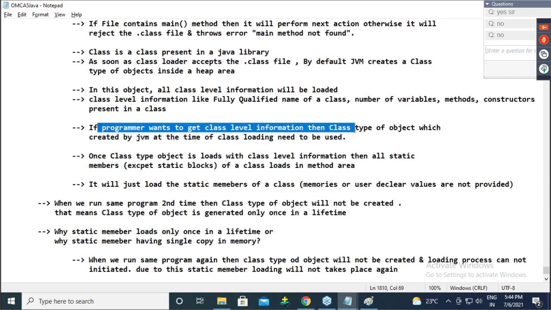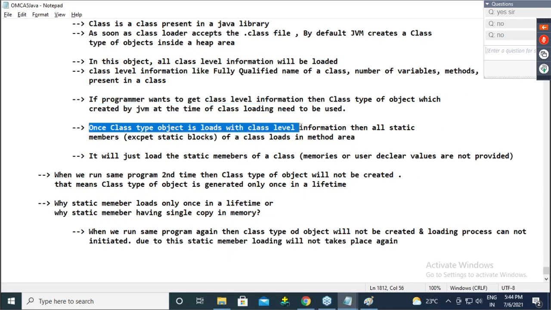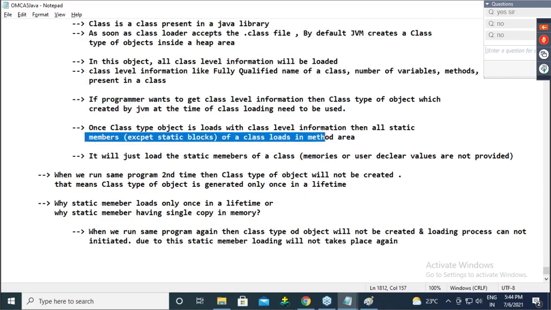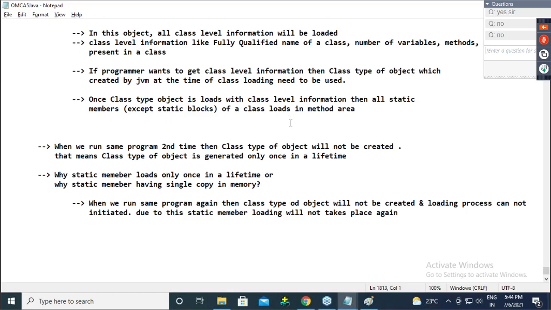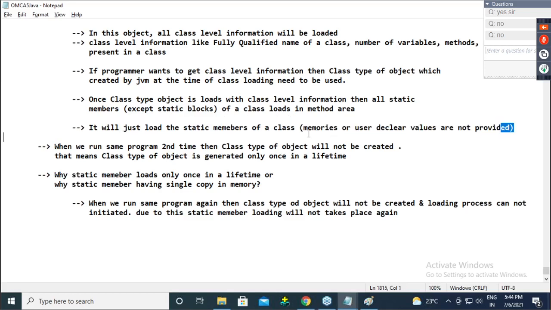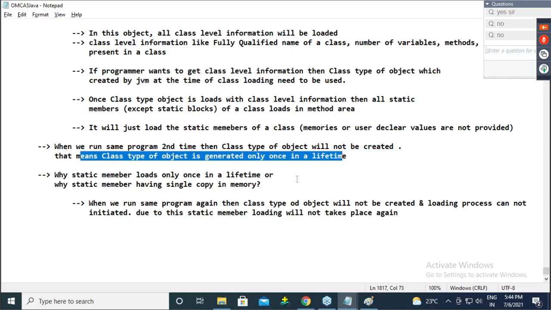If a programmer wants that class level information, we can use this object. Once this object is created, static members are loaded, obviously except the static block. Then it will just load the static members. I explained. Then when we run the same program a second time, the Class type of object will not be created. That means the Class type of object is generated only once in a lifetime.